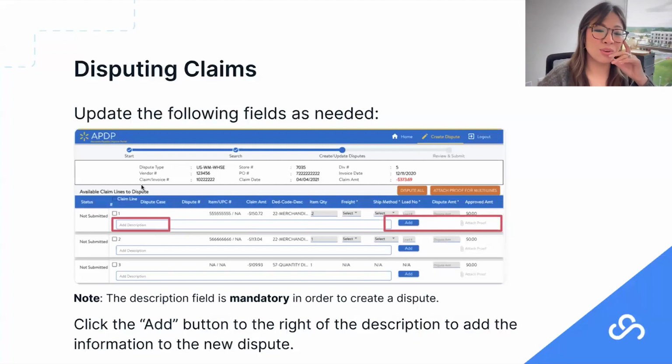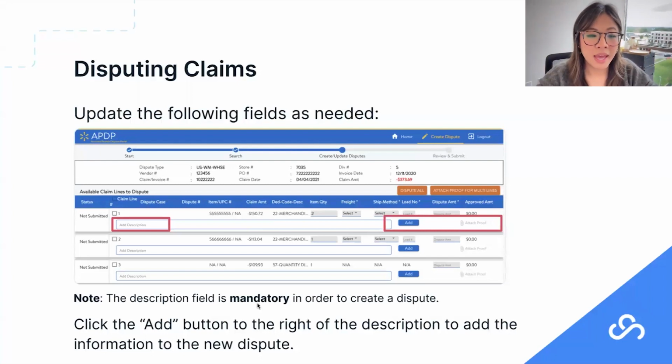By and large, we have found that for the first shot across the bow for disputes that you send to Genpact, they aren't even reading the description. They're going to look at the proof documentation first, and then approve it or deny it. And then if they deny it or ask for more information and you come back and put in more information, then they'll read that description more thoroughly. So you do need to put something there, but you don't need to put a lot of paragraphs, just POD attached, we shipped in full,